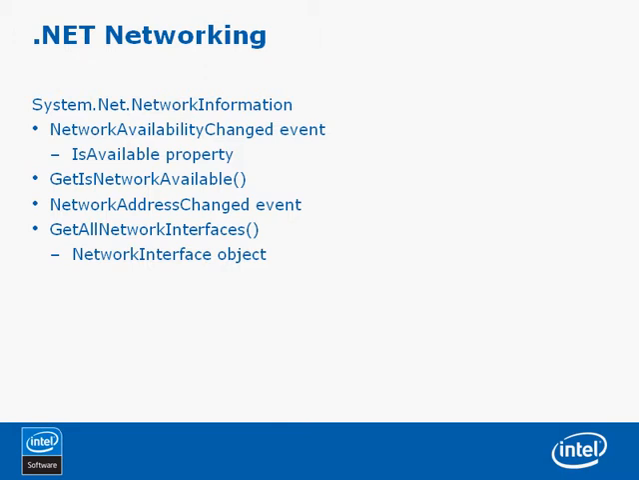One thing to note, however, is that a network connection may be active, though the host of interest to the application may not be accessible. An additional step is to connect to or ping the host in question. For on-demand needs, the static GetIsNetworkAvailable method of the NetworkInformation object will provide the same information as the IsAvailable property. Another static event of NetworkInformation, NetworkAddressChanged, alerts an application that the address of a connected network